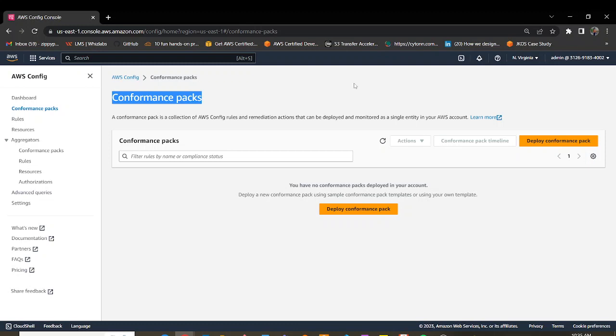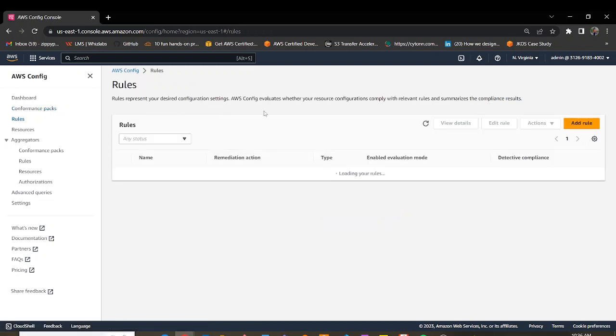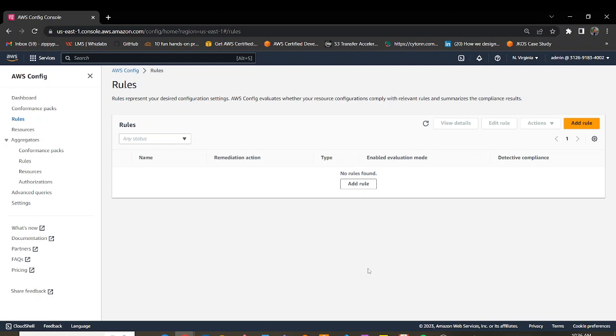But just note that conformance packs are actually not supported in all regions. So there are some regions where you have to set up the rules manually. I think a region such as Cape Town does not have support for conformance packs as of yet. So in such a case, you'd need to set up the rules manually. So that's a brief overview of AWS Config. You can look more into it. There are a lot more features that are supported, but